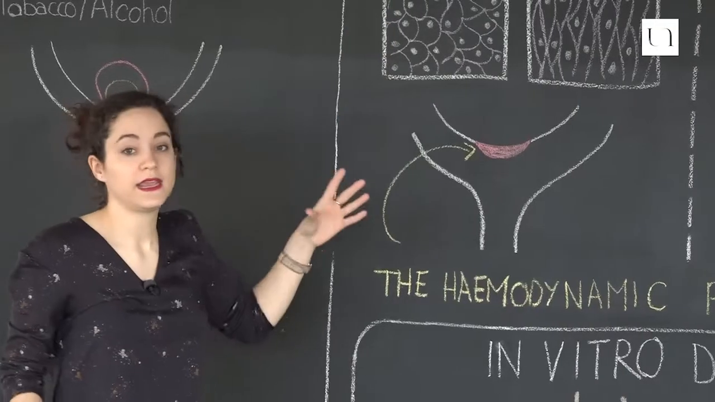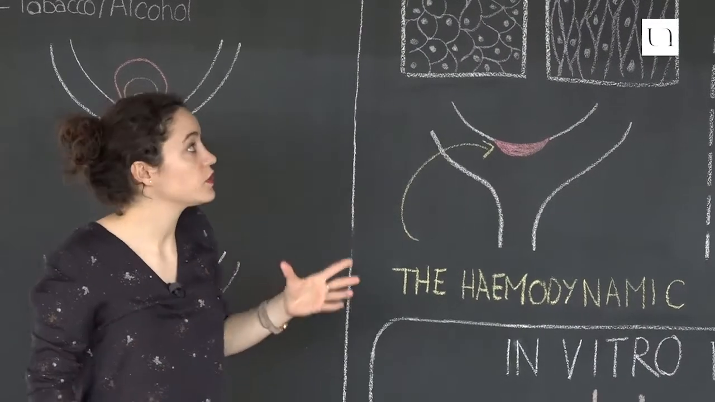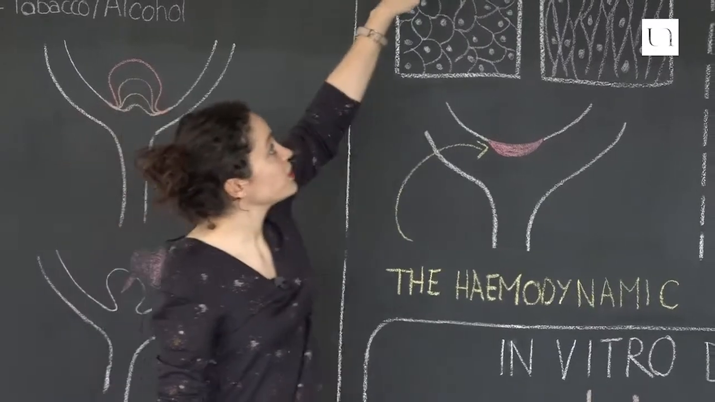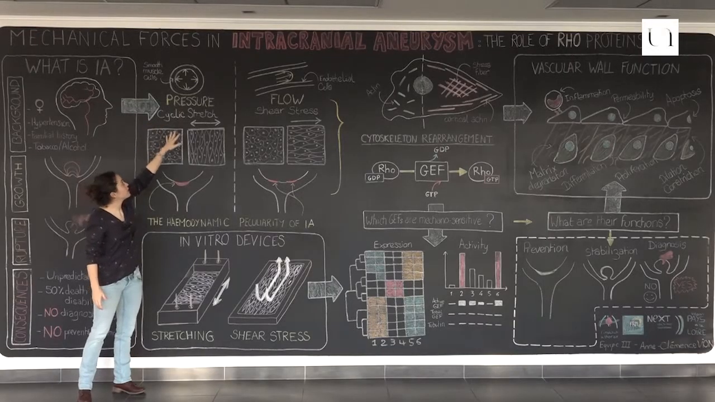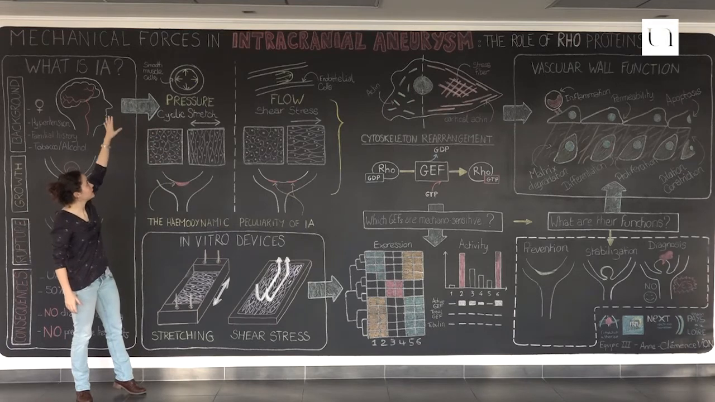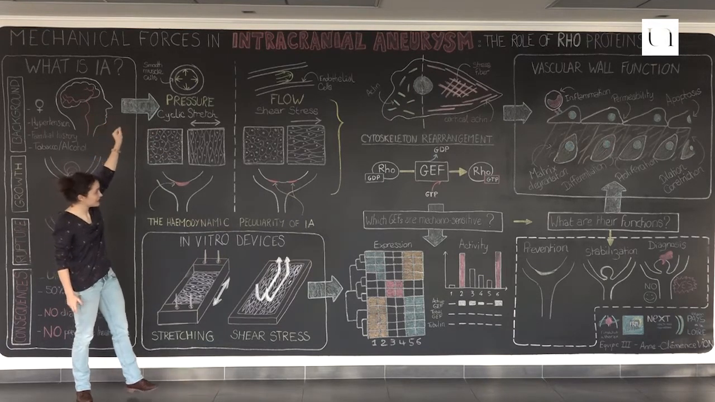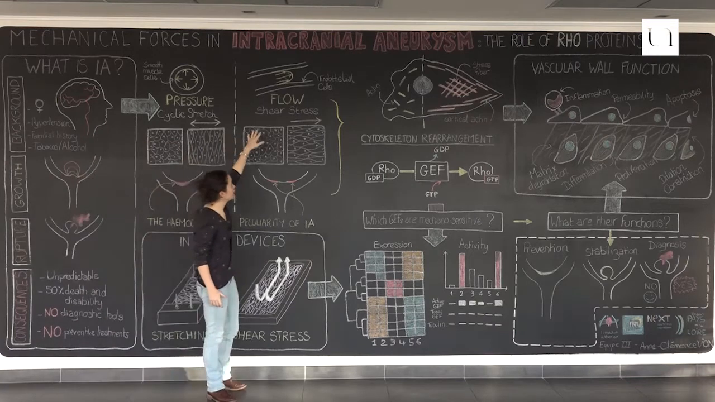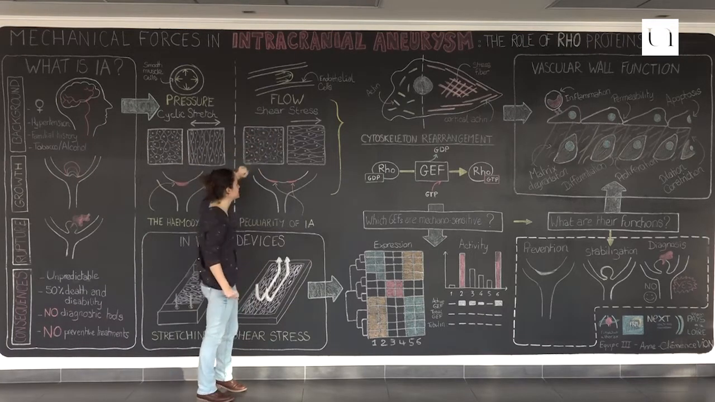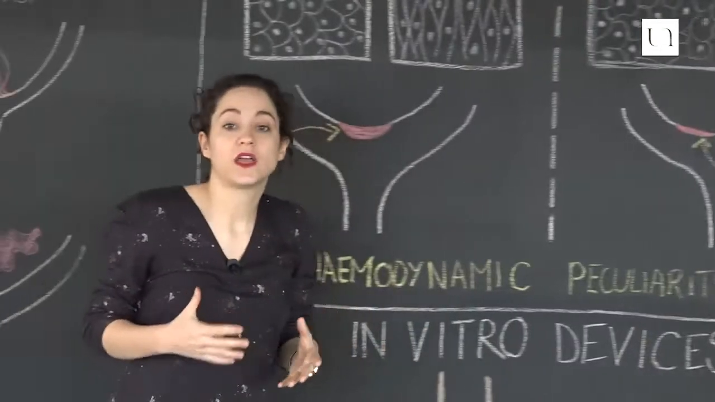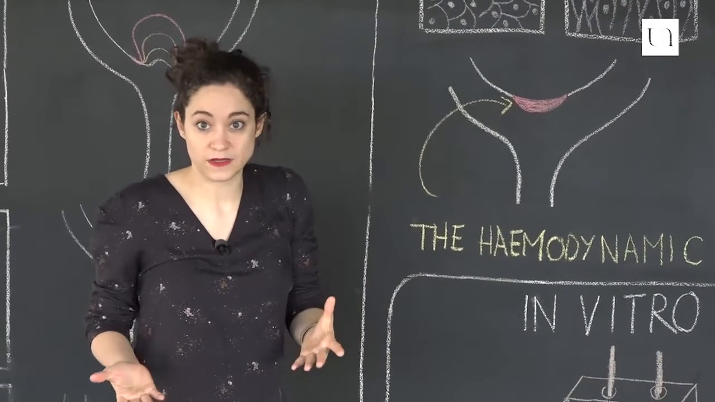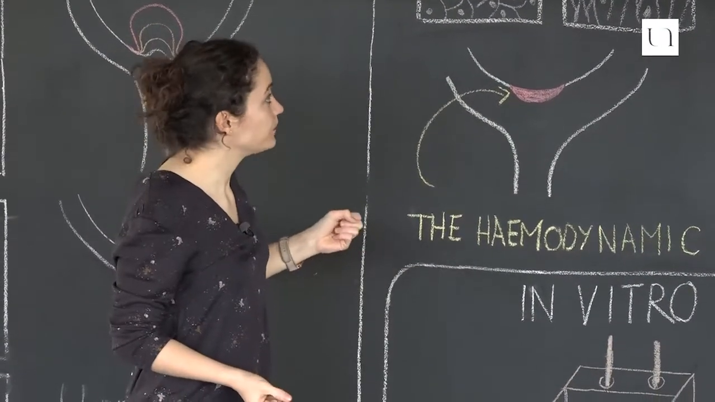So basically in the vasculature you have two forces: the pressure that generates a stretch of the vascular wall and that is mostly sensed by smooth muscle cells, and the flow that generates shear stress on endothelial cells. And these forces are usually beneficial for the vascular wall, but